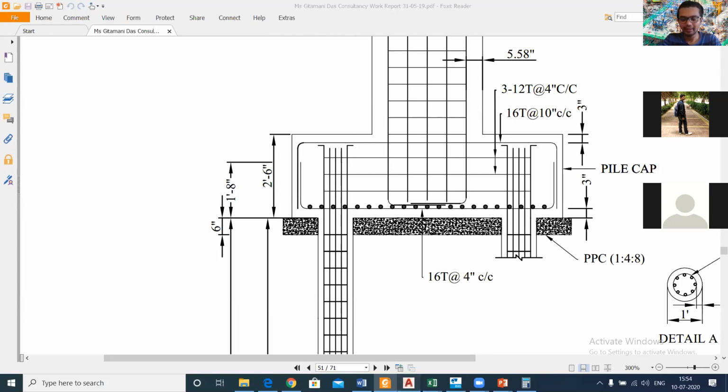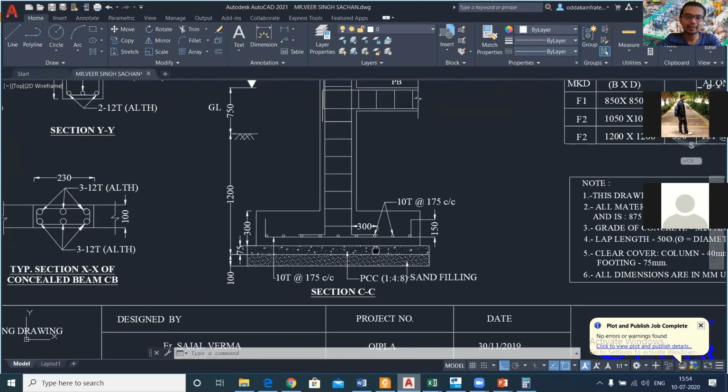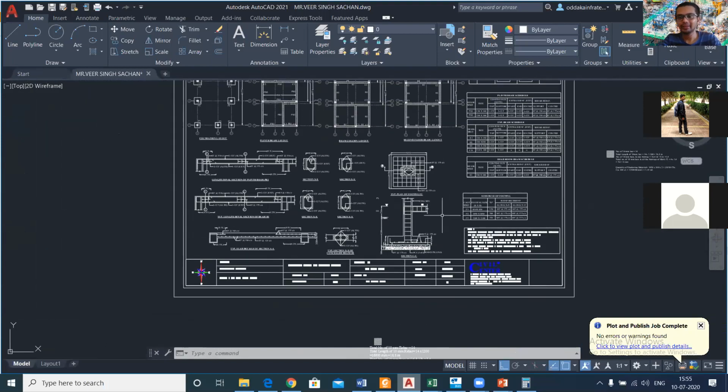And as we had seen in the structural drawing in which we had calculated, it was for a residential building, with less loads. As per the structural design, the reinforcement was only at the bottom. The top is not required. So it's different for different buildings, as it depends on the structural design.